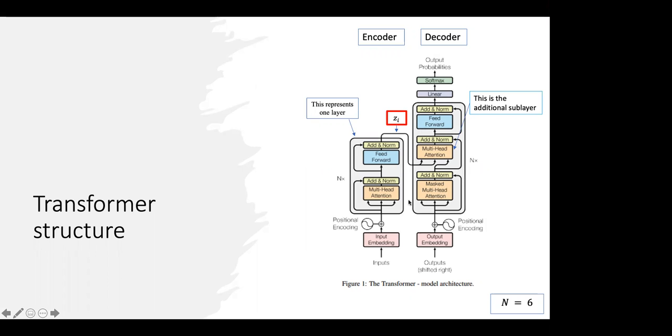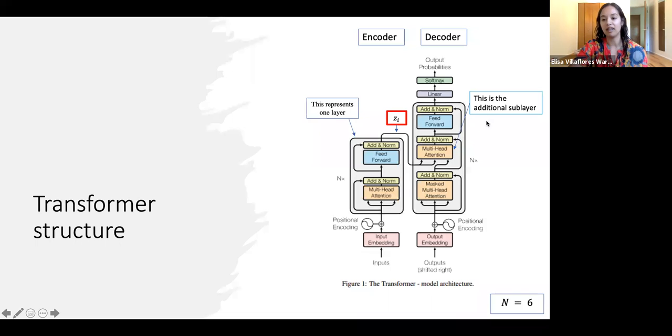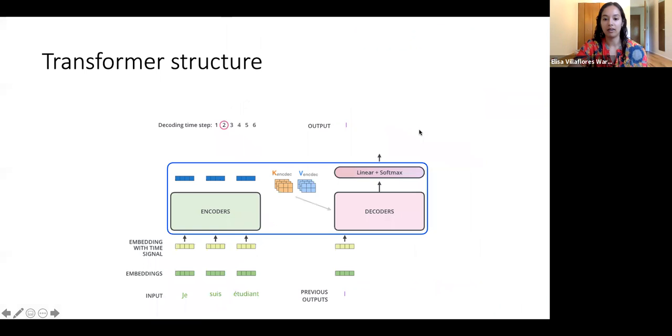The decoder looks almost exactly like the encoder, except that it has an additional sublayer, and this is where the arrow is pointing. This is the additional sublayer because it takes in this context shape and tries to use it to predict the next word. I won't go through all the specific parts of the decoder now, because we already know how multi-head attention works and how this feed forward works. So let's first take a look at what the decoder does.